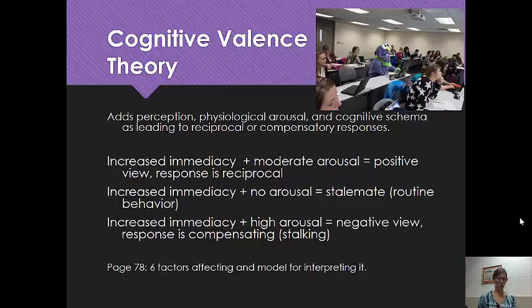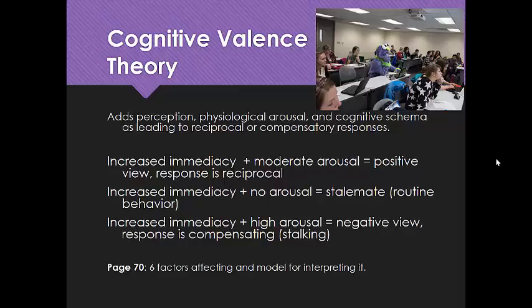And I'm going to give you another example that's a bit more positive. So I told you that I wanted to give you another example of cognitive valence theory. This example is a more positive one, where I'm talking about moderate arousal versus no arousal. At one point in one of my small group classes, I was teaching a lecture and music started to play, and 2 or 3 individuals in my class stood up and started dancing.